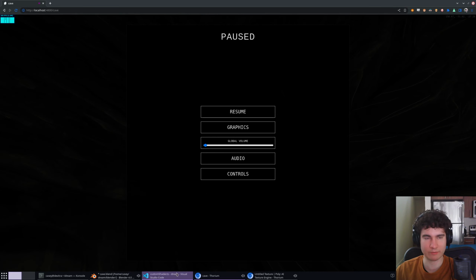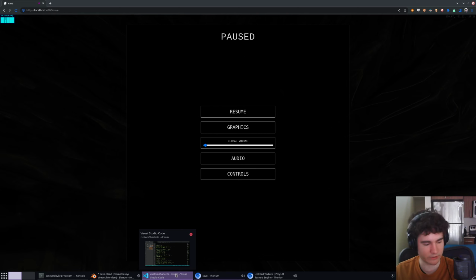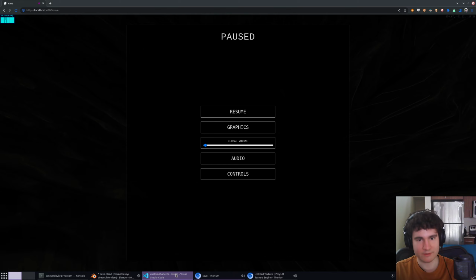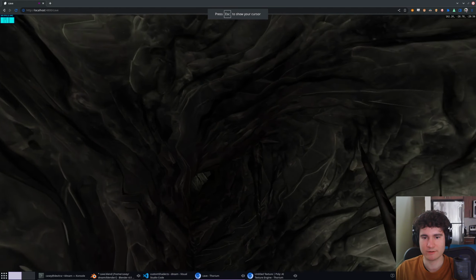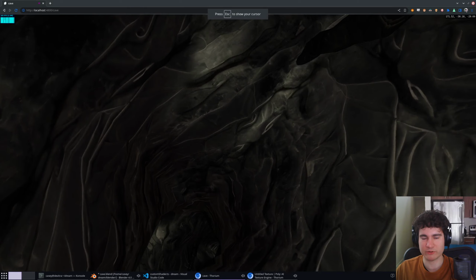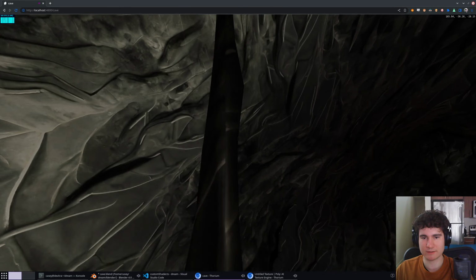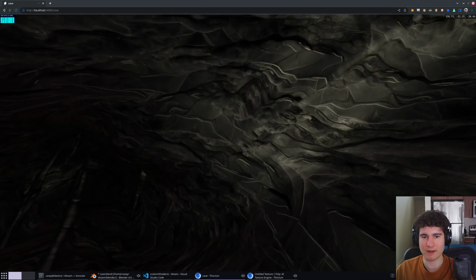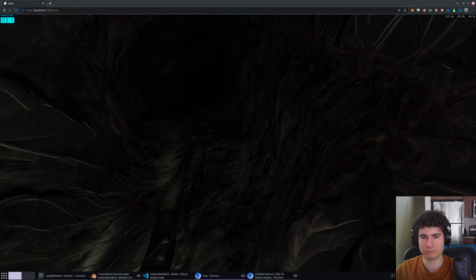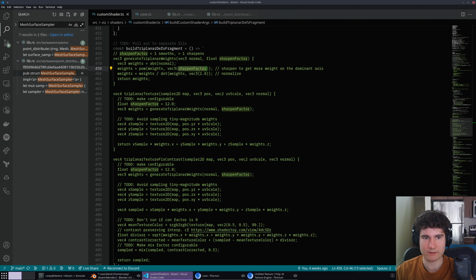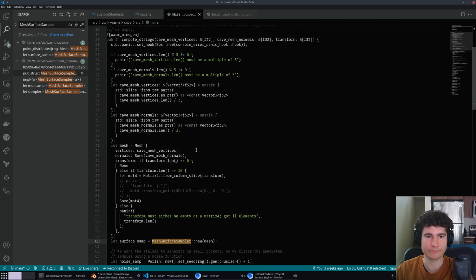So yeah, that's the triplanar mapping, the procedural texture generation. I had a list of things I wanted to touch on here: the stalagmites and stalactites. So these are another semi-procedural piece. I modeled the base stalagmite in Blender, and then I sprinkled them into the cave procedurally, programmatically. To do that, I took the Three.js built-in mesh surface sampler, as they call it,